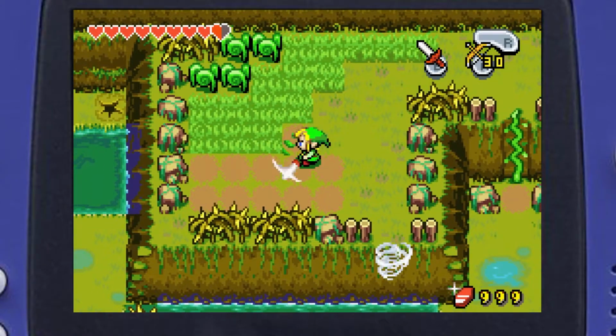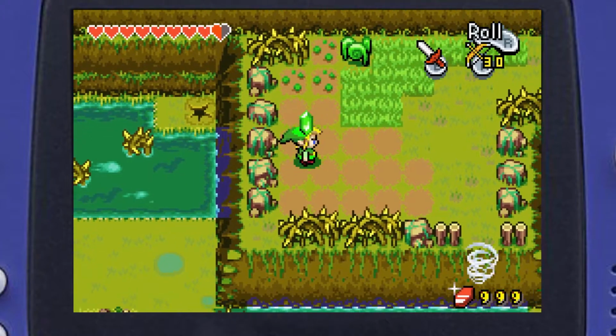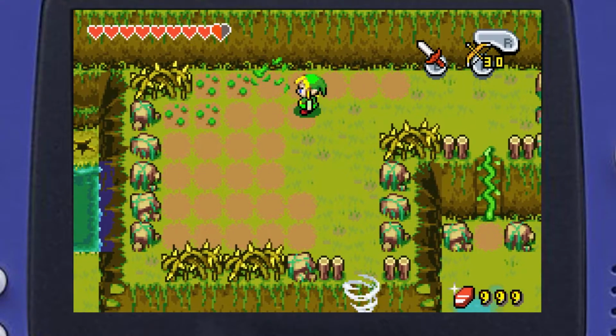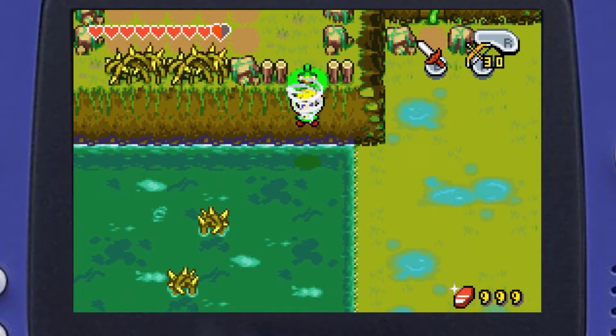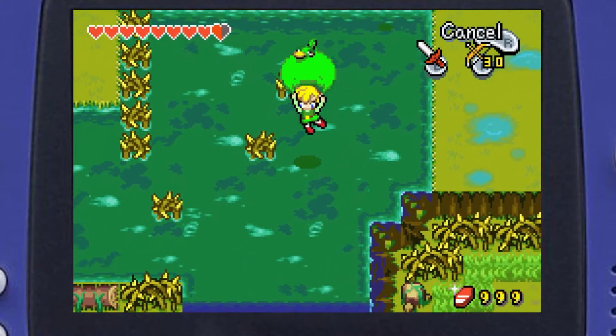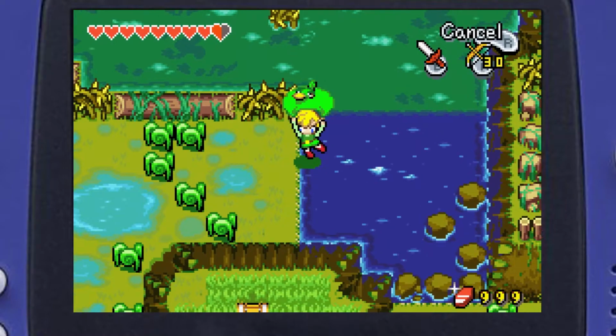You might notice that I'm not fumbling around in this episode. It's because I practiced this already. That's the great thing about save states and not playing on a real Game Boy Advance, is that I can practice and then go back to where I was. I guess you could do that by copying the save file, I guess. I don't